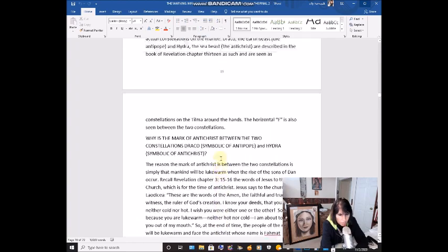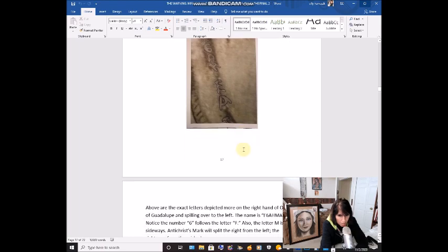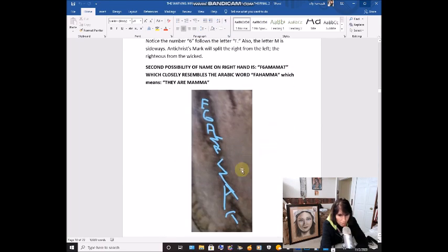So before we go to that, I'd like to show you this. Here's another picture of the letters I found on the right hand of Our Lady of Guadalupe. F, 6, A, H, a sideways M, an A and a T makes the name AHMAT, which means darkness. And then I also brought up the possibility of another name of Antichrist being F6AHMAT. So it would be Famamat, and that means they are Mama, which is really pretty scary, that Antichrist and the 12th Imam would be referring to those two as being the mother of the ones who take the mark of Antichrist versus following Jesus